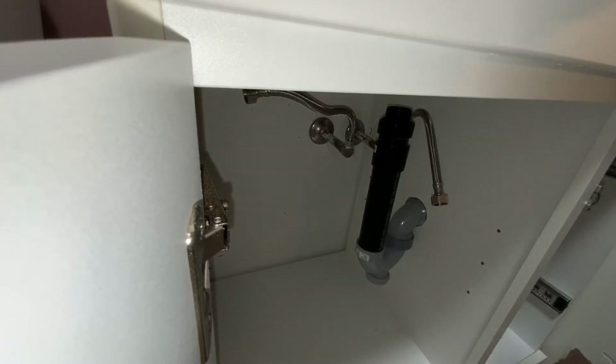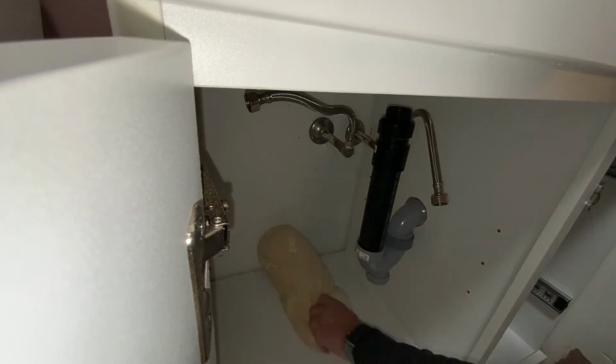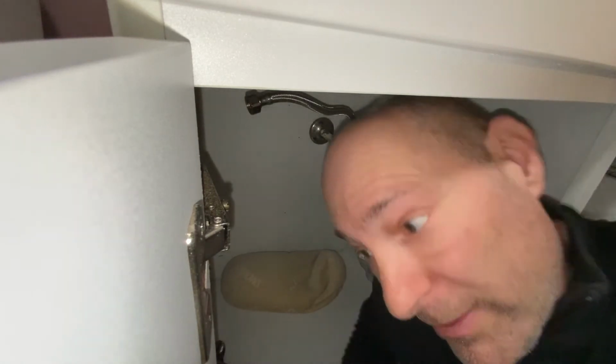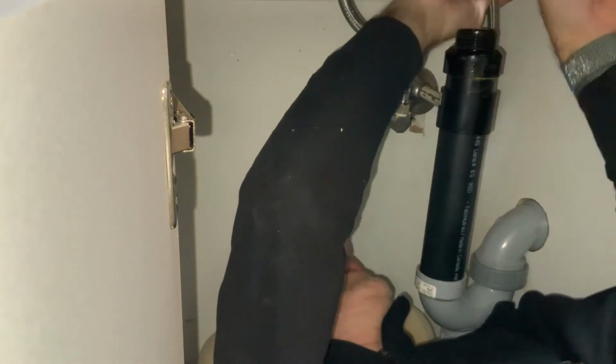I probably have to get back underneath. I got my plumber's helper and a pillow. So okay, now no laughing. The left one is the hot water. I've had to do this a couple times already because